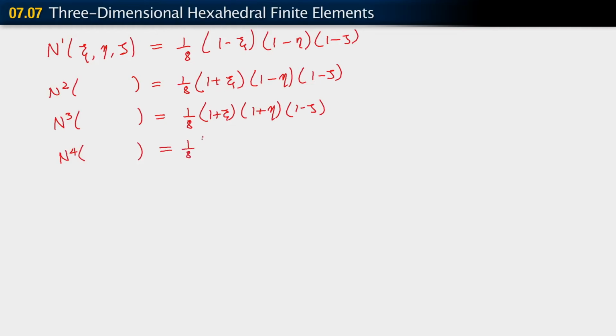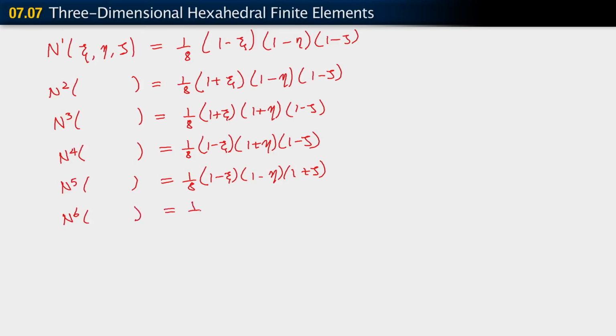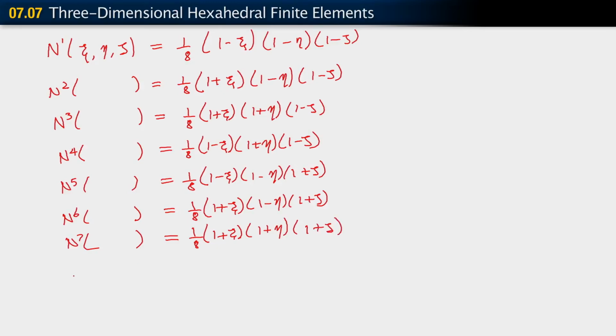equals 1/8 times 1 minus c times 1 plus eta times 1 minus zeta, and N5 is 1/8 times 1 minus c times 1 minus eta times 1 plus zeta, and N6 equals 1/8 times 1 plus c times 1 minus eta times 1 plus zeta, and N7 is 1/8 times 1 plus c times 1 plus eta times 1 plus zeta, and finally N8